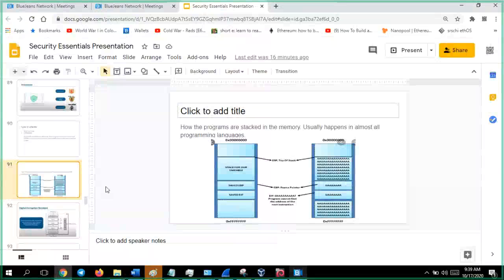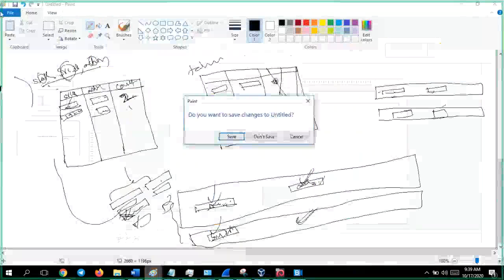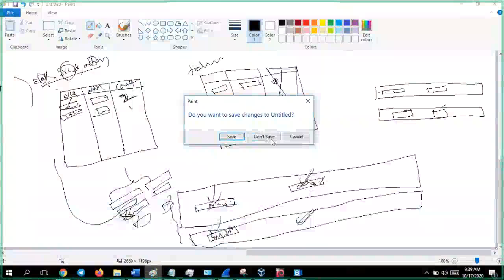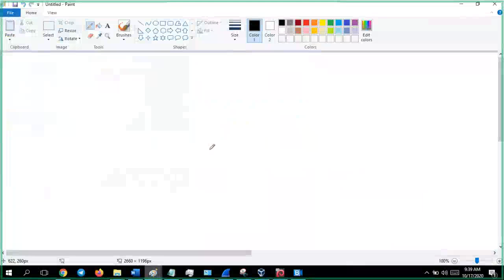Let me show you in the, let me show you here the paint. Okay, don't save it, cancel it, new, don't save it. Okay, so say for example, you have